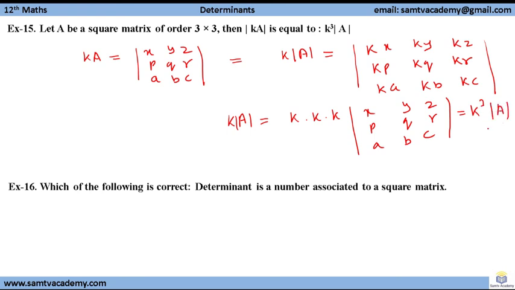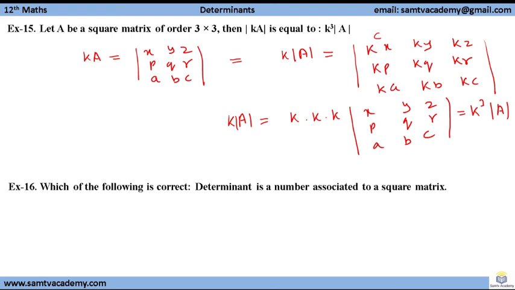So we have proved that if we multiply anything into the determinant, it gets multiplied with each term of the determinant, and then if we take it common from a single row, it will be a single factor, and again it will get multiplied if we take it from another row, and if we take it from the third row also, then it will get multiplied. Similar is the case, you can understand, for the column also. If you are taking from a column, it is also getting multiplied with each term.